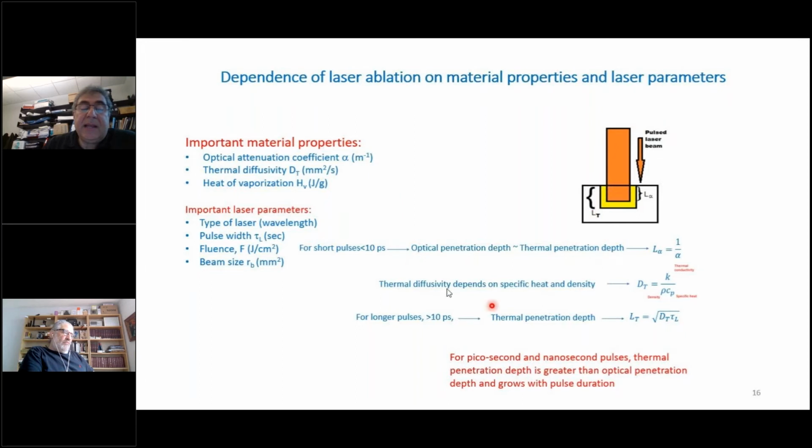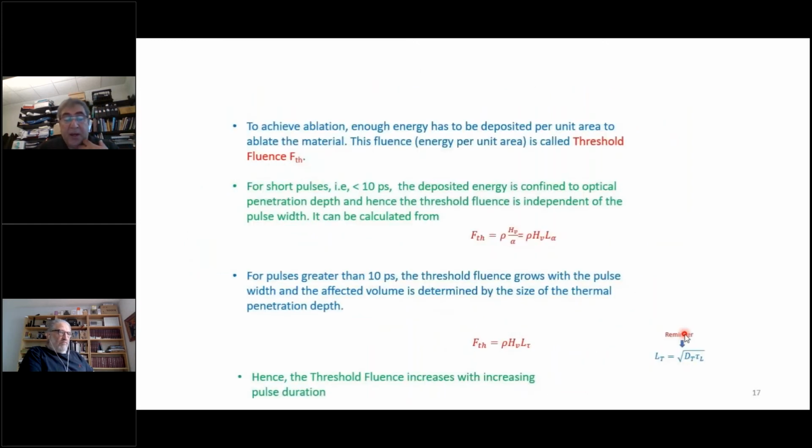However, when the pulse width is larger than 10 picoseconds, the thermal penetration depth shown in yellow is larger than the optical penetration depth. And this thermal penetration depth is given by the equation here, the square root of thermal diffusivity multiplied by the pulse duration. So you can see that now the thermal penetration depth has some pulse width dependence. It grows with pulse duration. So we also have to define the threshold fluence,